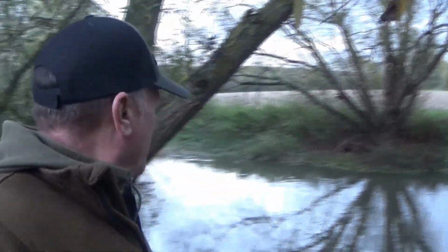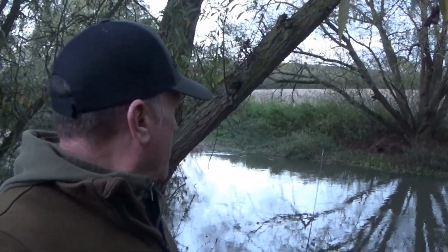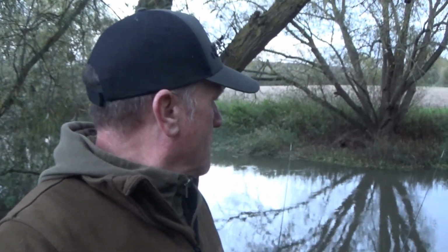So yeah, it's just starting to get dark. It's a lot darker than it looks on the video. So let's see how we get on, eh? Let's have a barbel. A chub will do, but a barbel will be